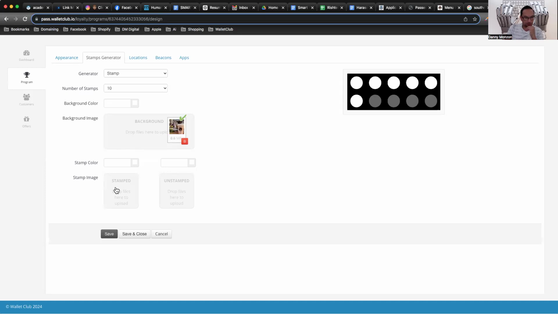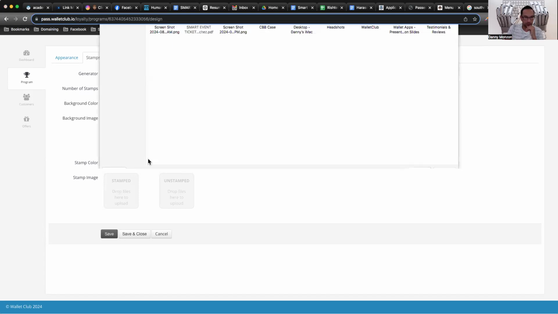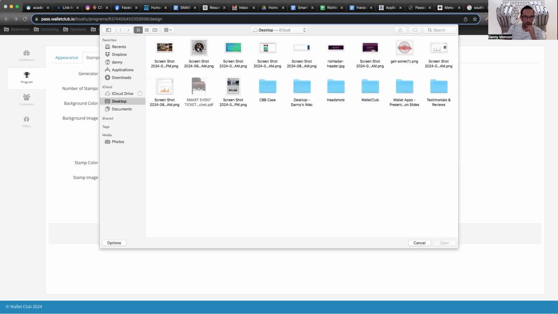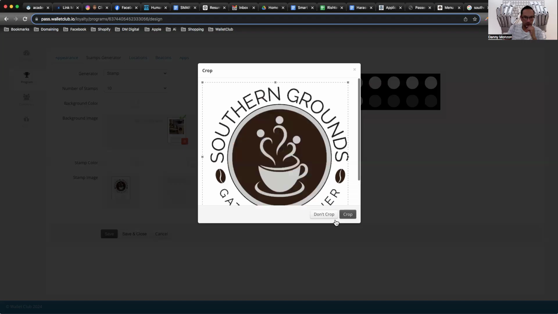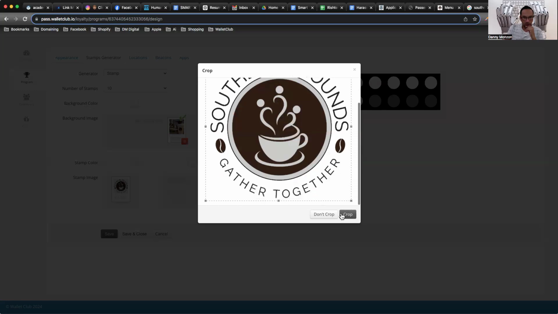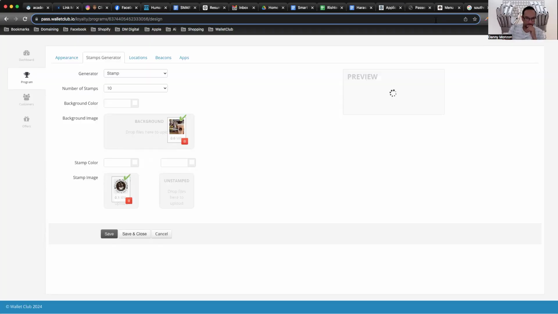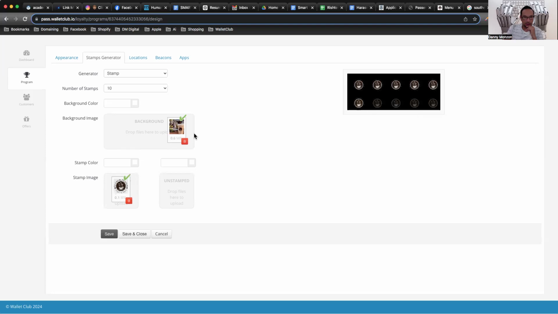And then the stamps, of course, the stamped image. I'm gonna use their stamp, same logo. Crop this bad boy. That sort of thing. So I know it hasn't looked right, do 12 stamps, right? I know the logo hasn't come up here, but it should once I save it